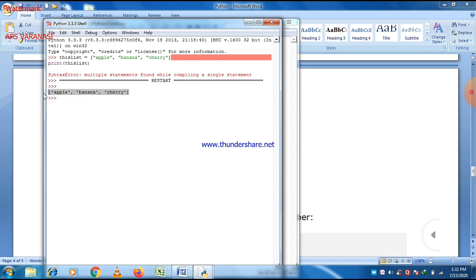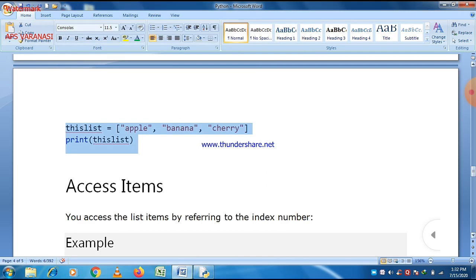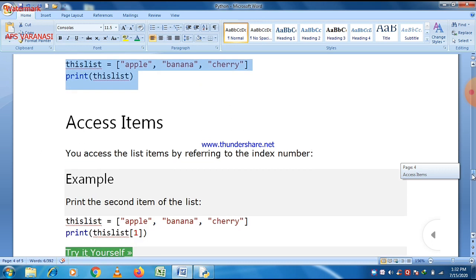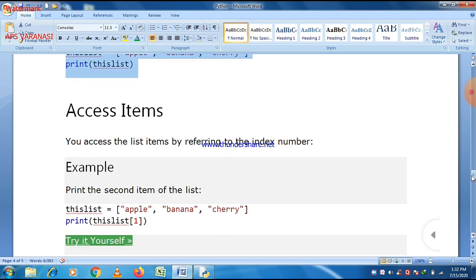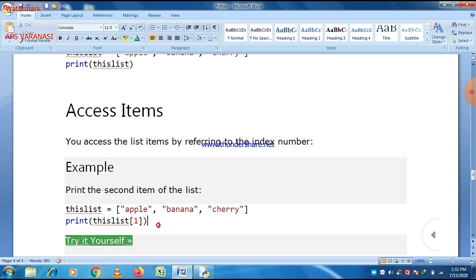So let us check what happens, and the output is represented here in the form of a list. Now, access item. If you want to access the different items of a list, there is a special mechanism, and this mechanism is very similar to the concept of a string.